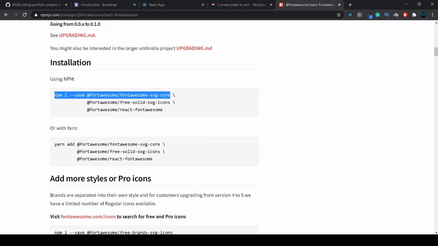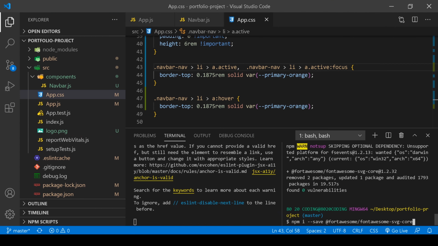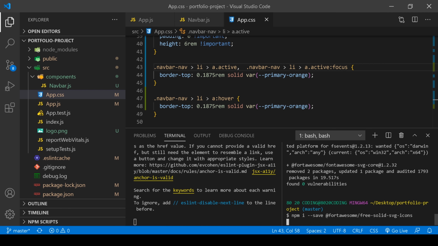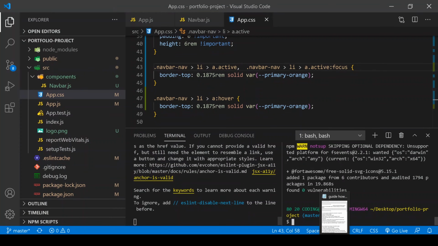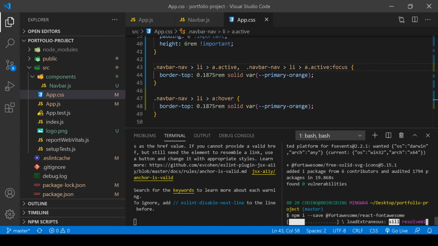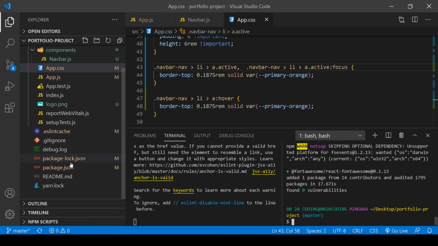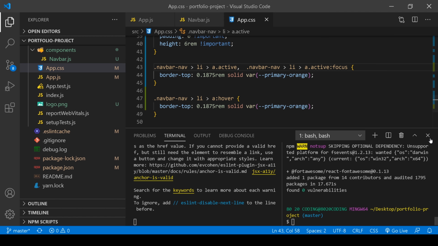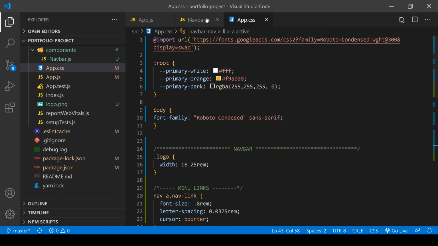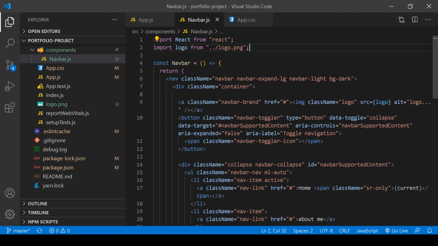Next, we're gonna grab this line, free solid SVG icons, and I'm gonna paste this, hit install, and next, React by itself, Font Awesome. Okay. All right, let's just in case check in the package.json file, and you can see we installed all the 3 packages. Okay, so now let's work with Font Awesome for our hamburger menu, and I need to import first